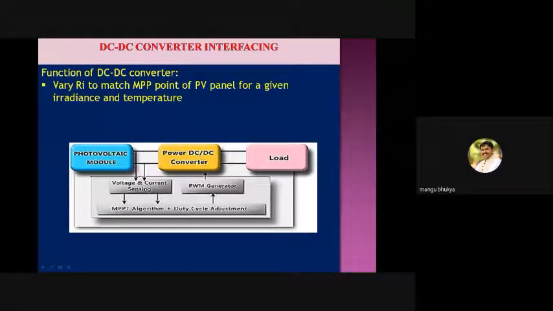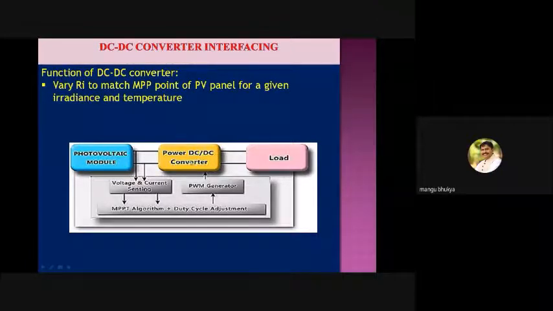Here, this interface circuit can do only one job. Either it can protect the load, meaning that if the load is the battery, we have to protect it from overcharge and over discharge, so this interface after the transducer has a very important role. But from the source point of view, our objective is to extract the maximum power. From the load point of view, we have to protect the battery. But this interface circuit can't do both jobs at a time. It cannot extract the maximum power from the panel and also protect the battery.